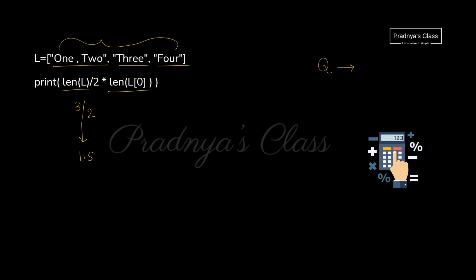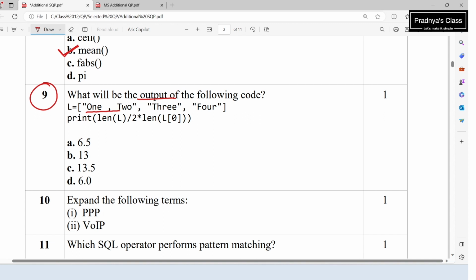Now let's calculate the length of L of 0. At the 0th index, we have this string. Calculate the length of it. Look at the string carefully which is at index 0. The length of this you will be taking as 9. We will consider one extra space here and one here too. 3 plus 3, 6, 7 is comma, 8 and 9. Now you will ask me, if we don't consider that space, then the length of L of 0 will be 7. If you multiply 7 with 1.5, you will get an answer which is not present in the options.